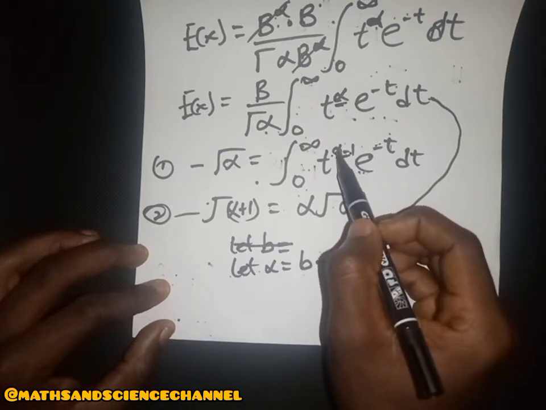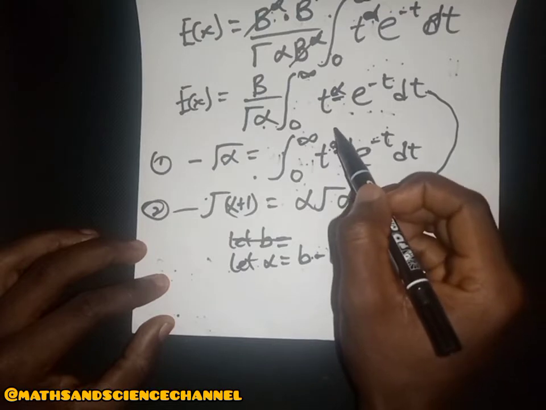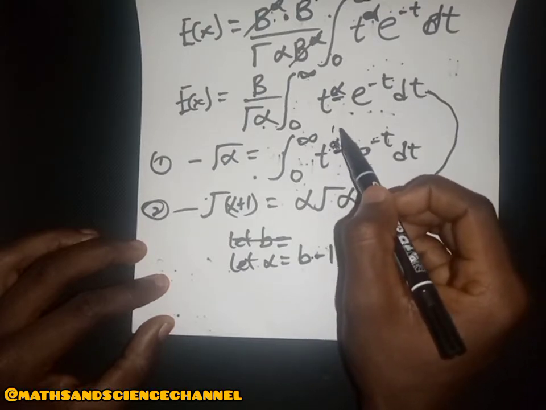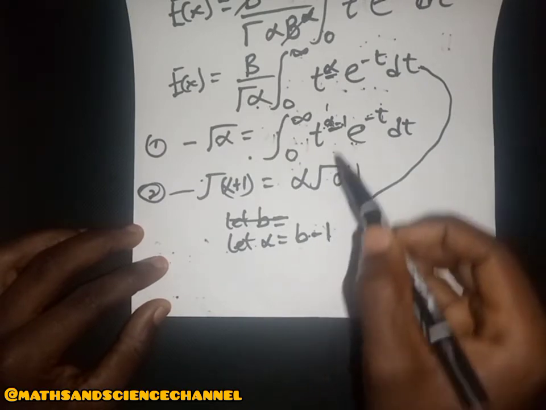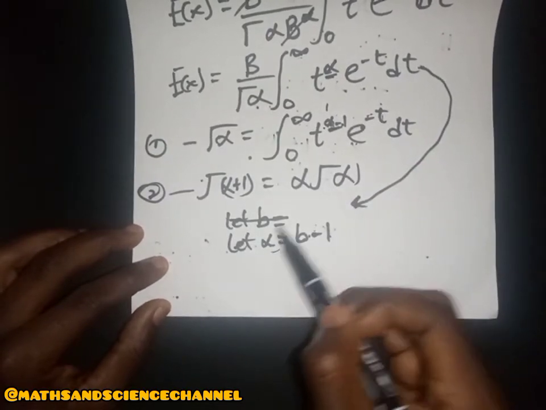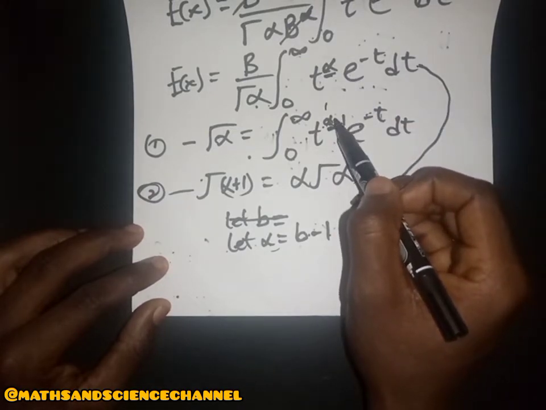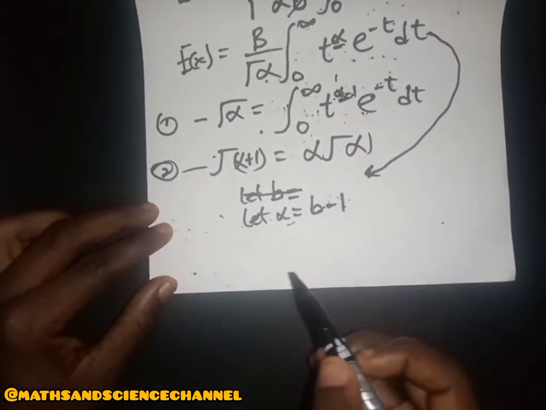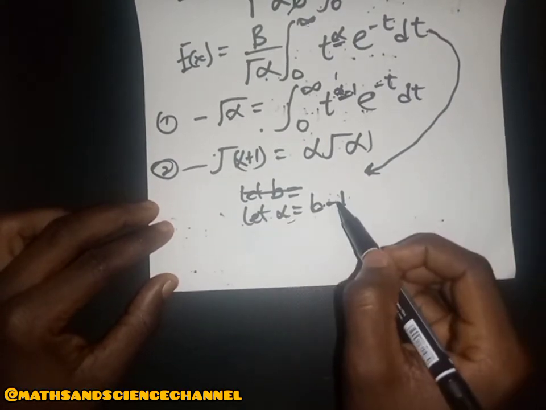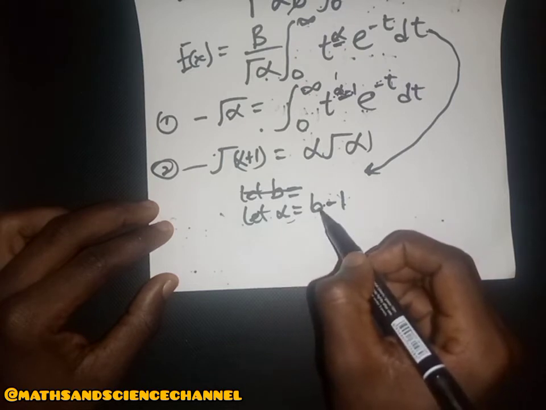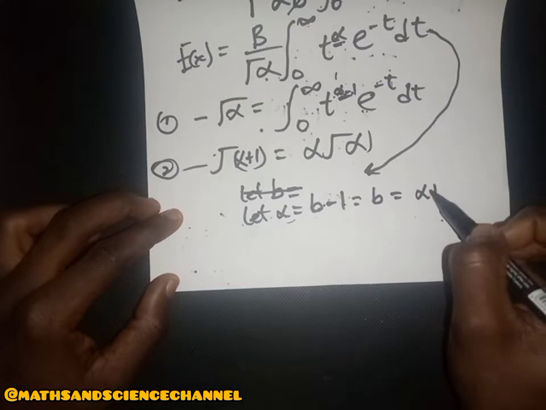So I'm using another variable. I'm replacing alpha with beta minus 1 so that it looks like alpha minus 1, but then it's beta minus 1. So if alpha is equal to b minus 1, then when I replace alpha here with b minus 1, it looks similar over here. Making b the subject, we have b equal to alpha plus 1, and then